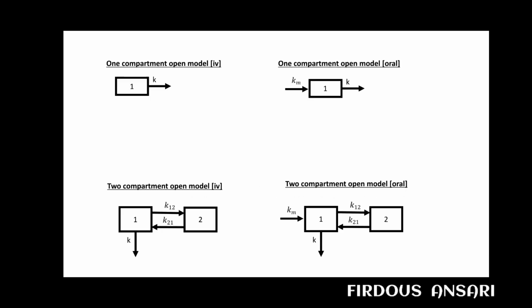Like over here, in one compartment open model via intravenous route, just one rate constant needs to be calculated. In one compartment open model taken by oral route, two rate constants have to be calculated. In two compartment open model consumed by intravenous route, three rate constants have to be calculated. And lastly, the two compartment open model when it is taken via oral route, four rate constants have to be calculated. Now, the amount of drug moving in two compartments or more than two compartments, it cannot be found accurately